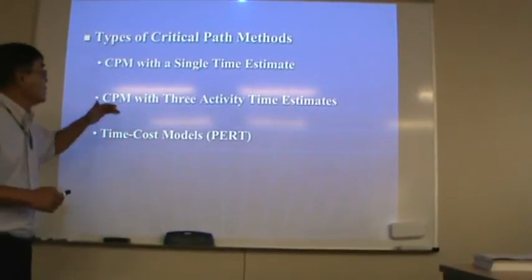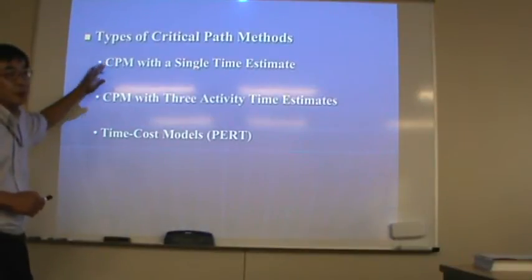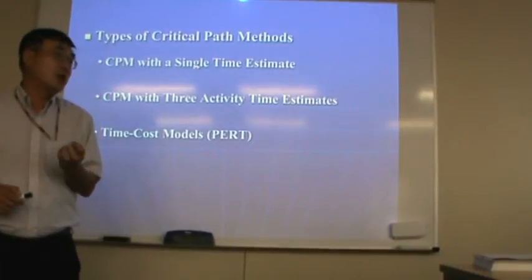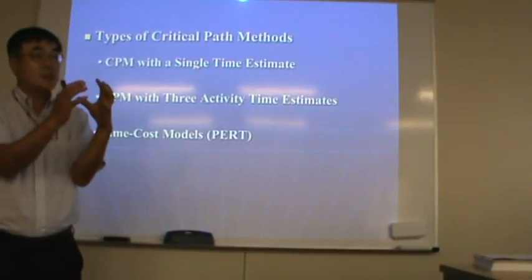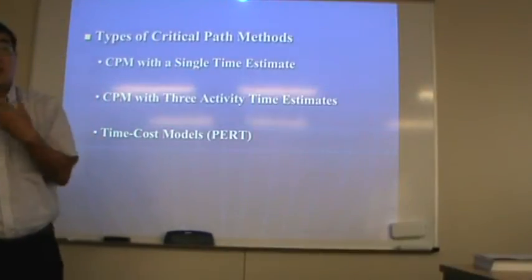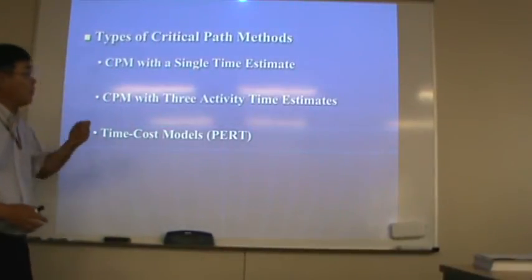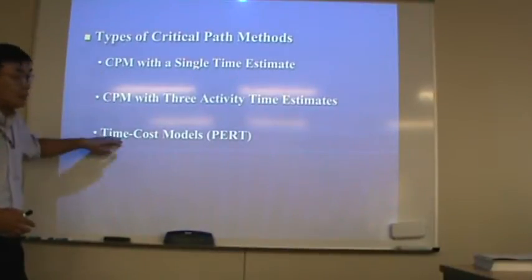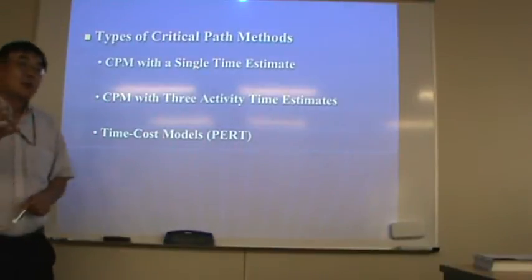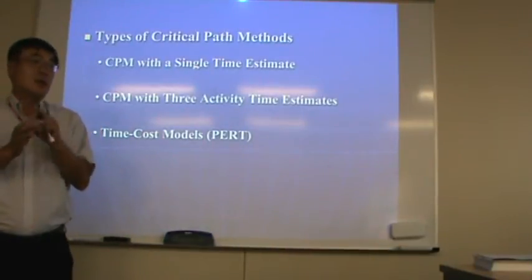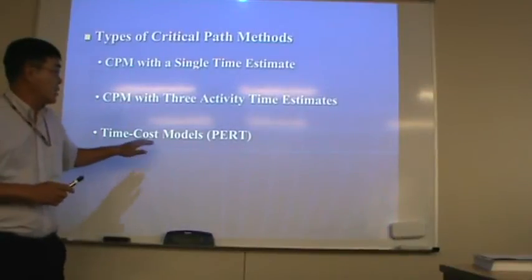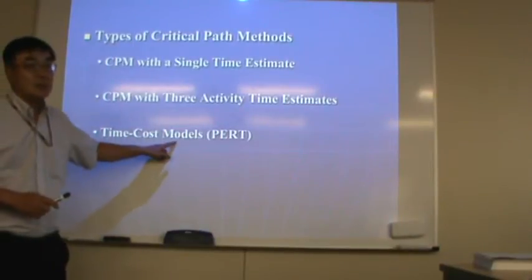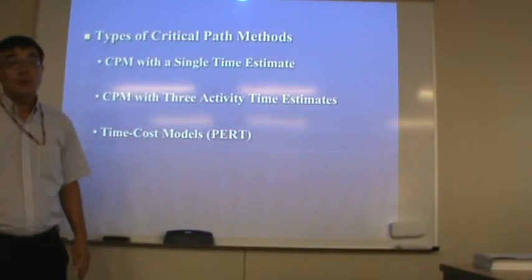Usually, for the first two critical path methods, if we have time information only, to do this job, certain time information only, then we can use the critical path method. First one, second one. And then the last one, time cost. If we have time and cost information, we can use these time cost models. Our textbook calls this one time cost models; in other textbooks, we usually call it PERT,